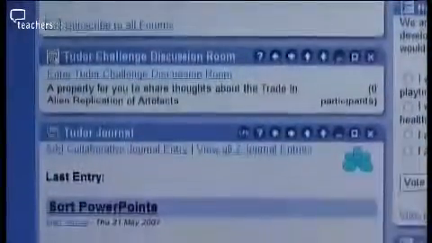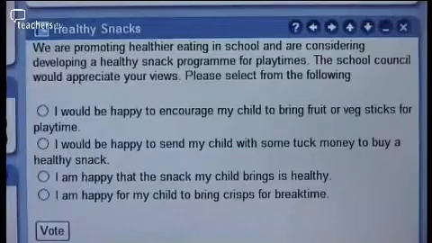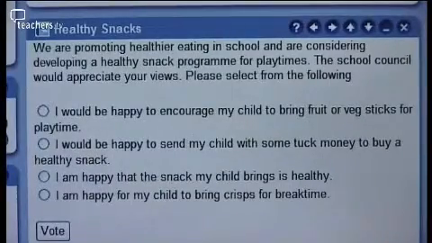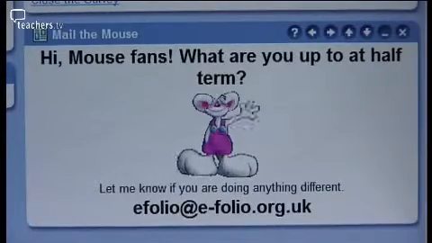And is this really aimed at older pupils then, compared to Kowari? This platform would be used by pupils all the way through from perhaps Year 3, Year 4, all the way through into secondary school. There is no reason why it couldn't extend right throughout that age range. Thanks, Roger. Now, Buckhurst Hill Community Primary School uses Essex Grid for Learning's customised version of NetMedia Learning Platform, eFolio. But before we go and see it in use, let's go back to Matthew.